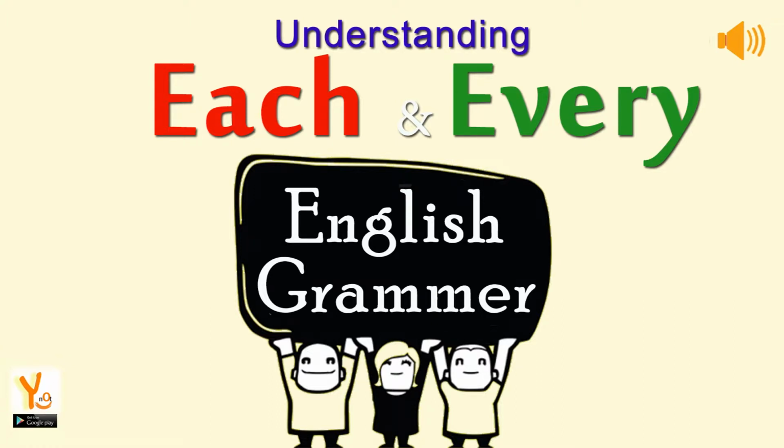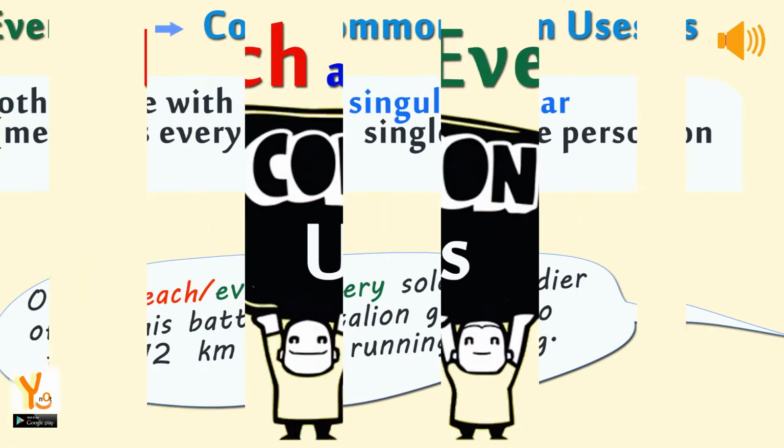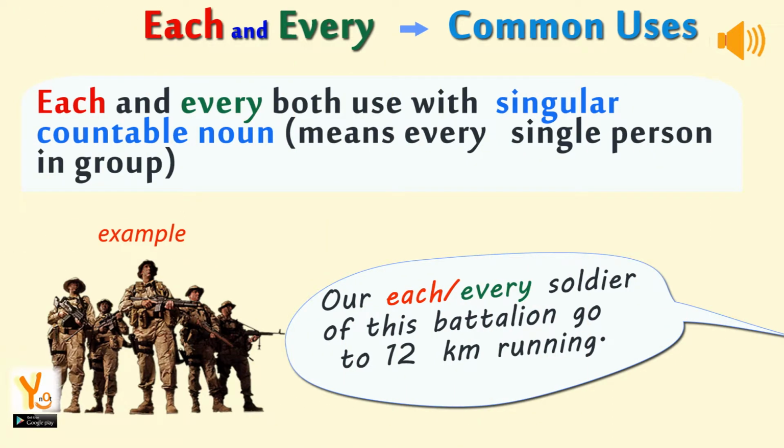Understanding each and every in English grammar. Let's understand each and every common uses. Each and every both use with singular countable noun, meaning every single person in a group. For example,